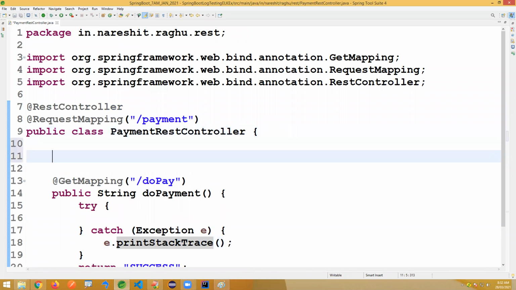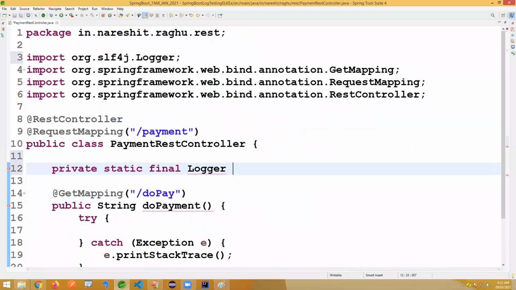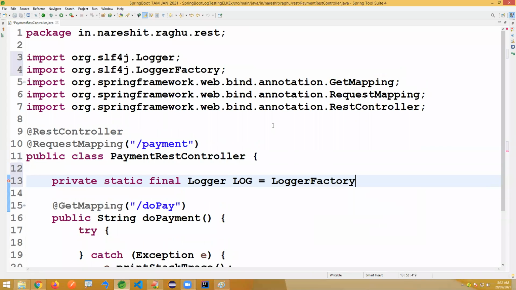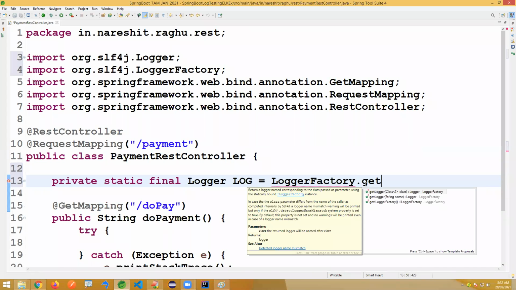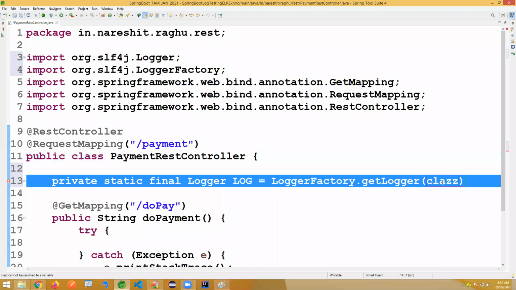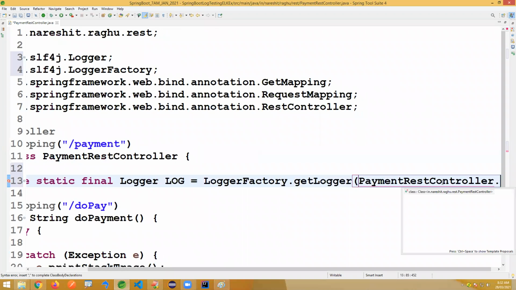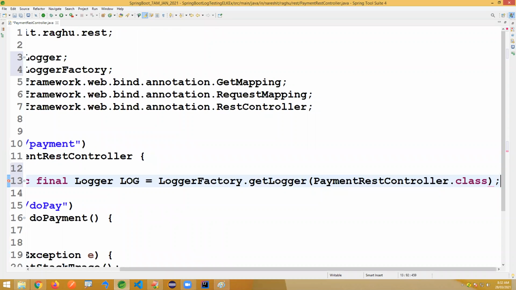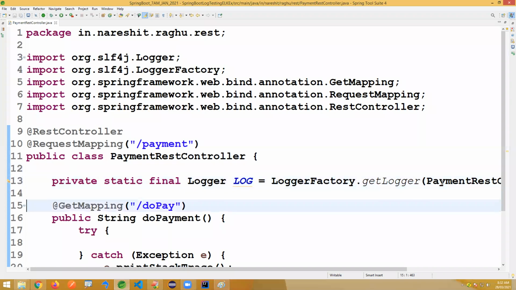I'm just creating one logger object, private static final Logger log equals LoggerFactory.getLogger, with PaymentRestController.class.